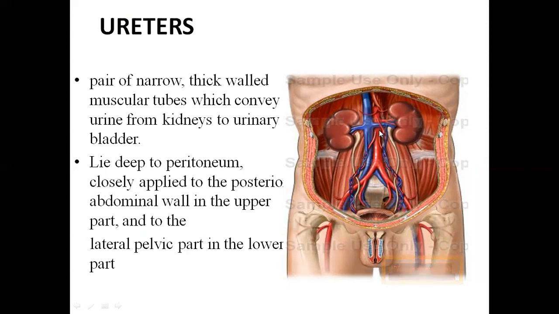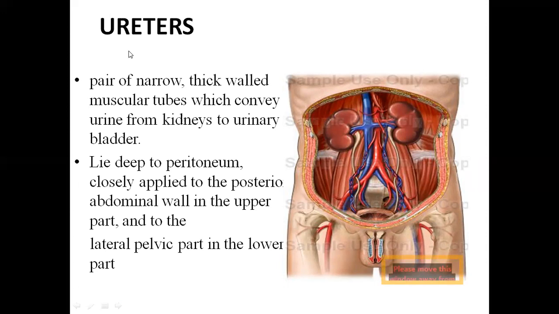We know this is the abdominal aorta dividing into right common iliac and left common iliac. Further, you have the external iliac continuing as femoral, and then we have the internal iliac. Whether it is right or left, you can see these are the gonadal vessels, which come directly from the abdominal aorta. So the ureter crosses these vessels to enter the pelvic cavity and pierces the urinary bladder to transfer the urine, which is formed in the kidney, to the urinary bladder.